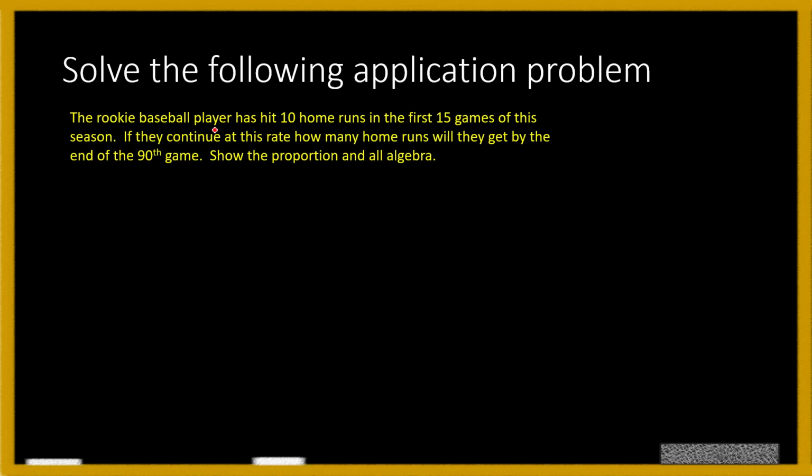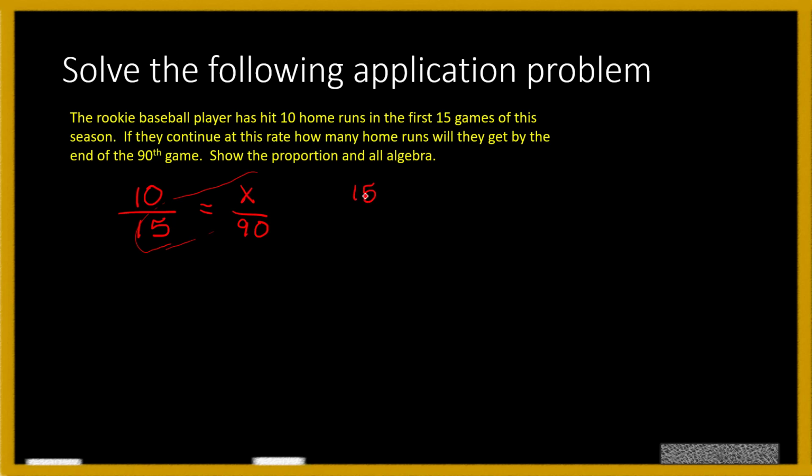So we're going to start out with the first ratio they've given us. They've told us that there are 10 home runs out of 15 games. Now that is going to equal, well, we need to know how many out of 90 games. So if we continue with the same basic ratio, the simple way to do this is what's called a proportion, and to multiply this using cross products, which basically says I'm going to multiply the x times 15,